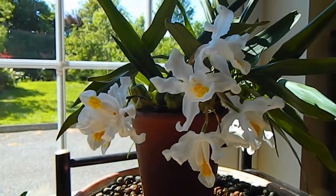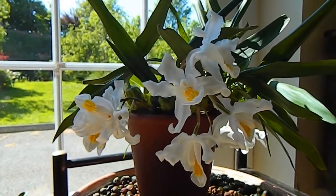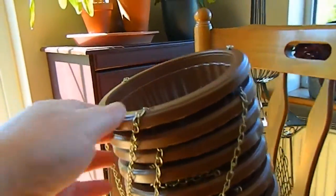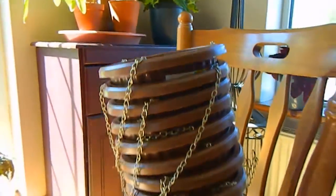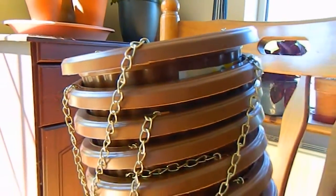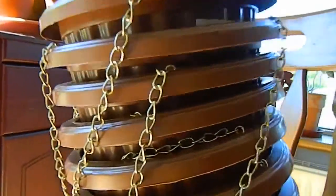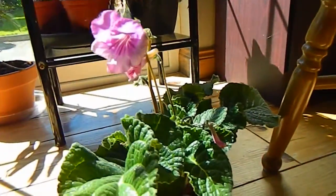Hello from Wexford in Ireland, and I just wanted to show you something I got in the shops today which I'm really delighted with, and it's these hanging baskets here. Look at them, they've got this kind of chain on top, and they were really cheap in Mr. Price. I don't know if anybody's got a Mr. Price, but anyway, $1.49. But what I'm going to use them for is to hang up my Streptocarpus, and you